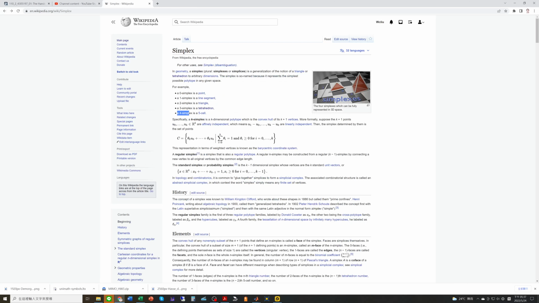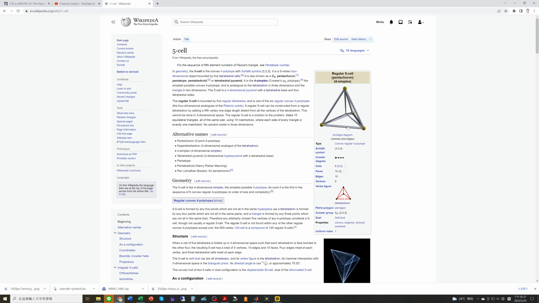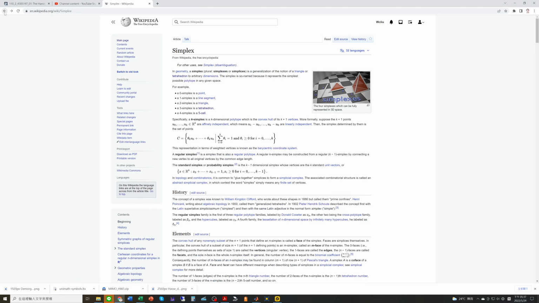Okay, and a 4 simplex is a 5 cell. Okay, what is a 5 cell? Okay, please see this figure. It is a 5 cell. Okay, so let us go back to